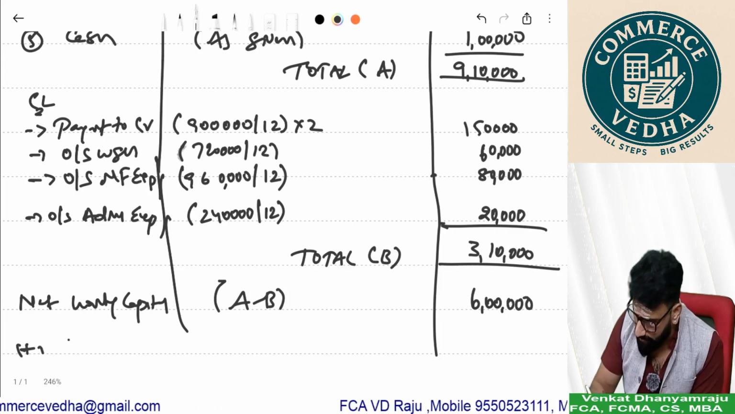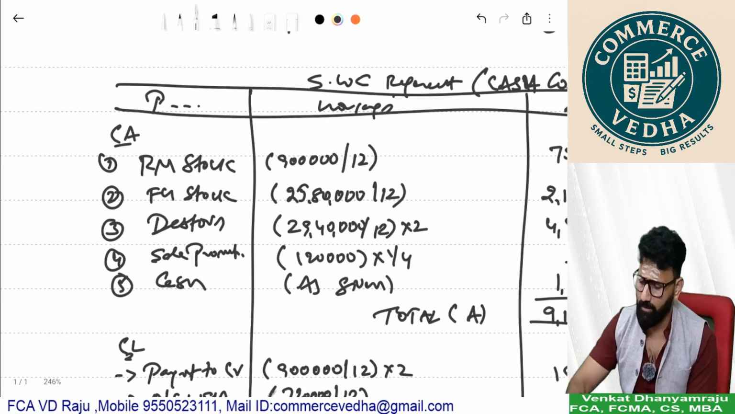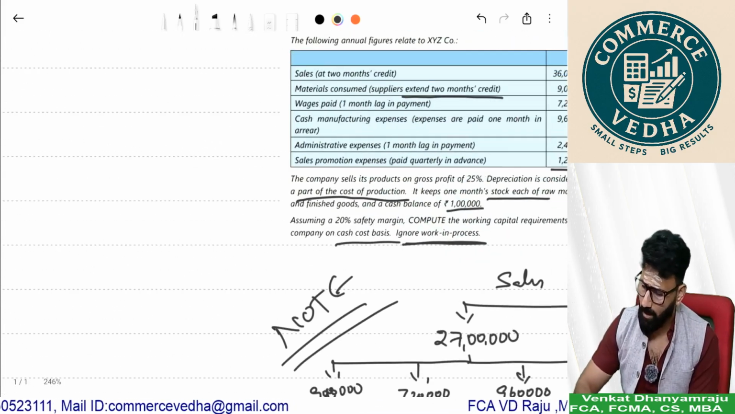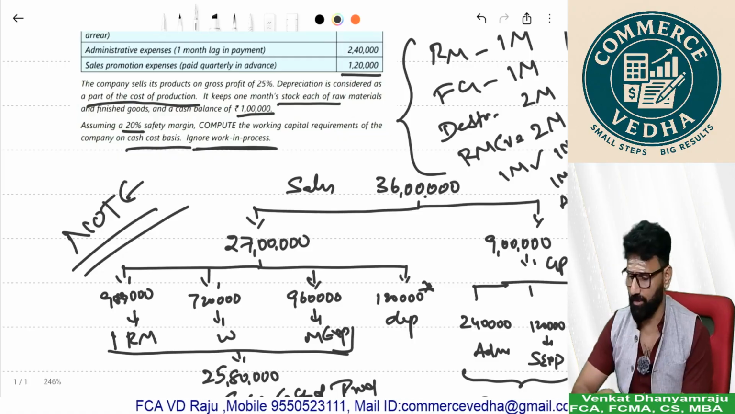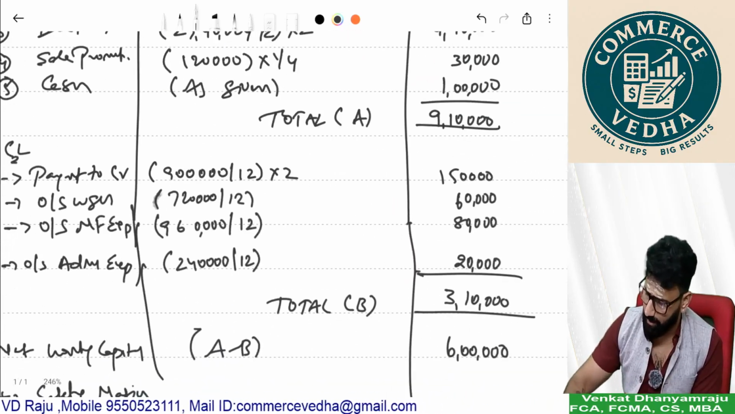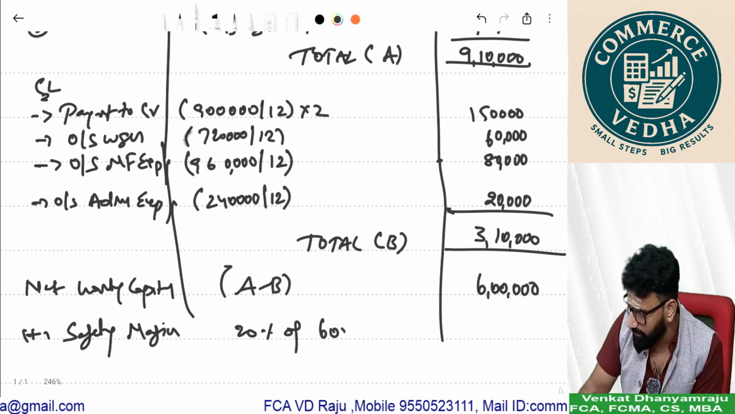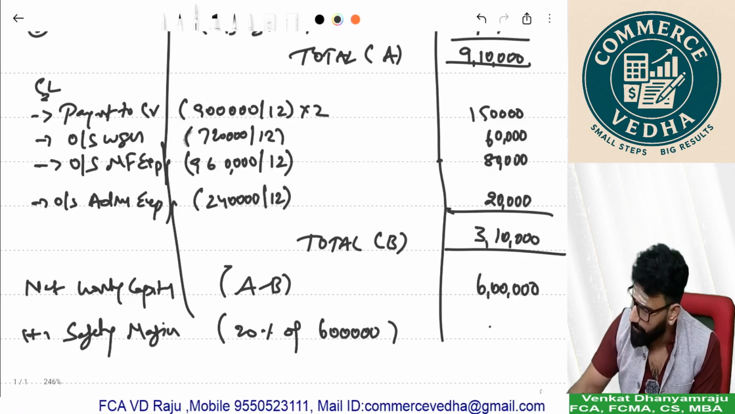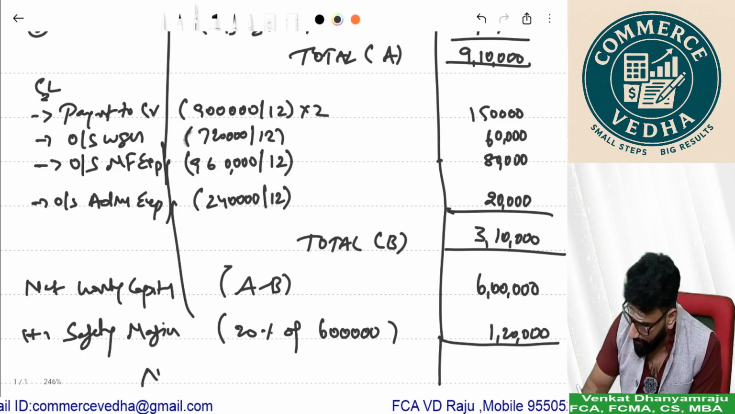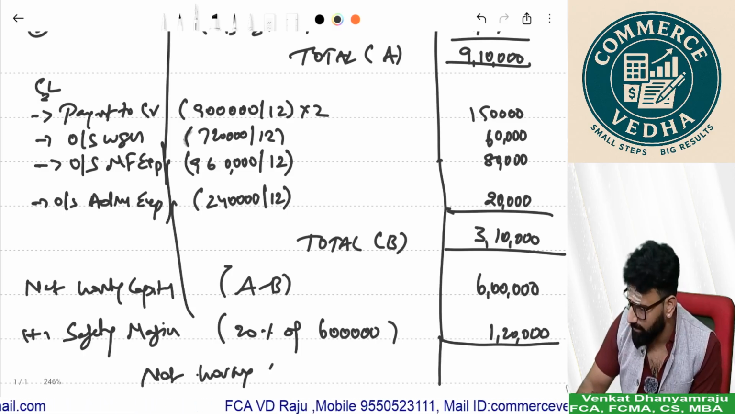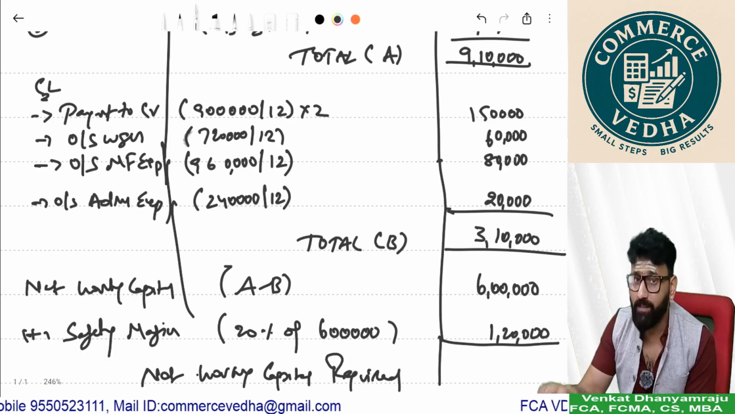Add safety margin. In the question they have given safety margin. How much is the safety margin given? 20% safety margin. So coming back to the statement, I'm adding 20% of 6 lakhs, 1,20,000. So your net working capital required, including safety margin, is